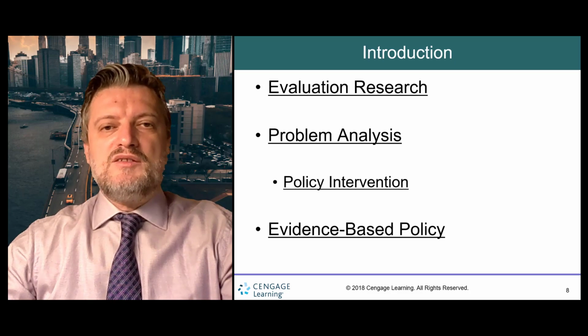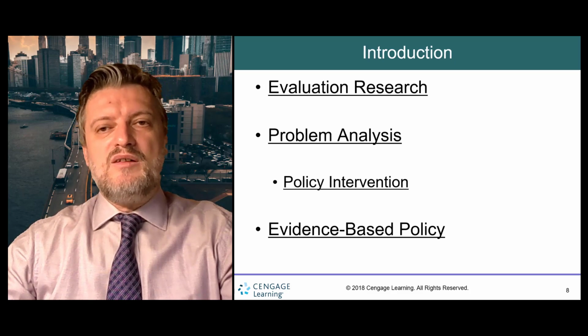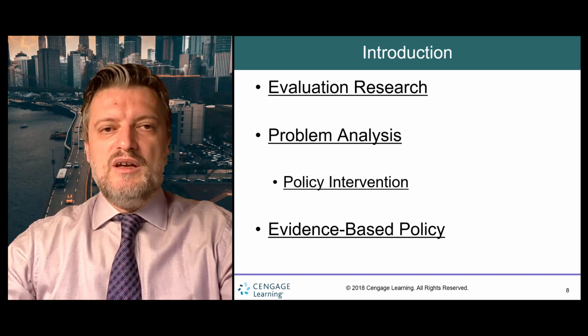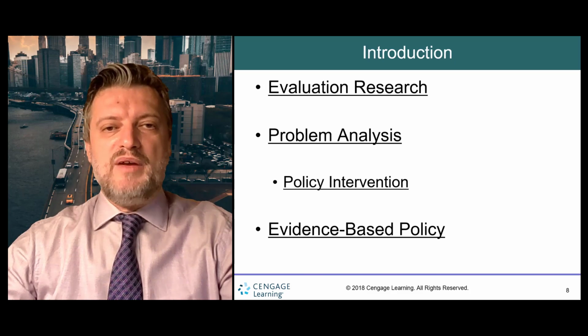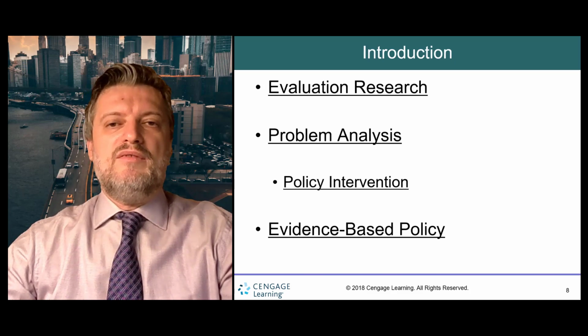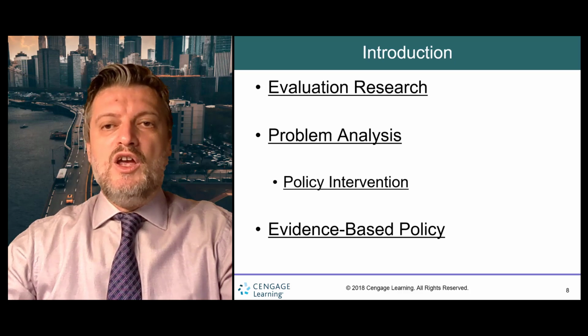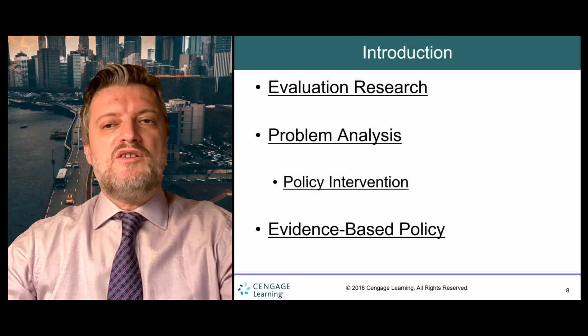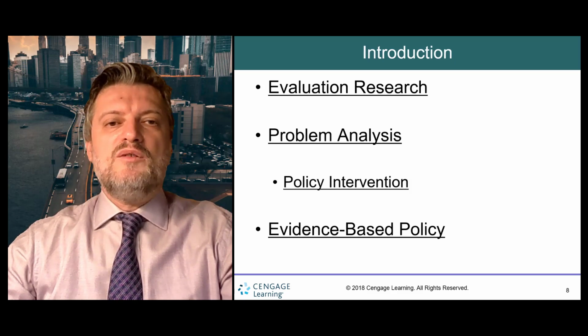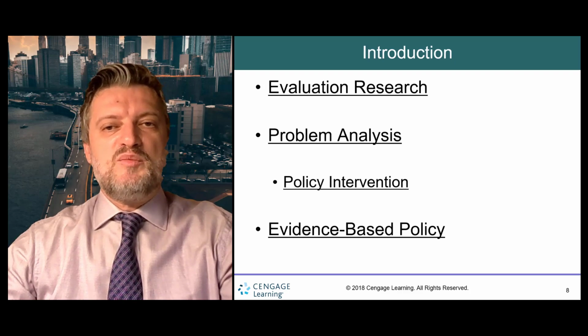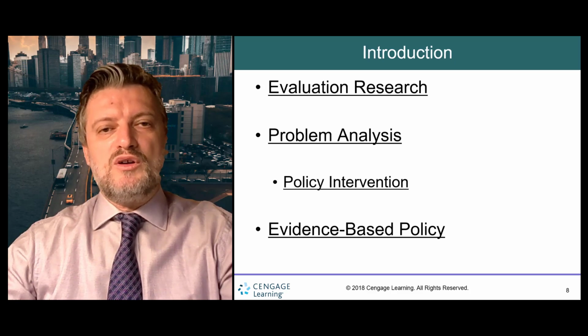Problem analysis focuses more on deciding what intervention should be pursued. Evidence-based policy is the use of data and other sources of information to formulate and evaluate justice policy. This usually means planning justice actions based on evidence of need, such as deploying police patrols to crime hotspots. It also includes assessing the result of justice policy, such as measuring any change in recidivism among a group of offenders processed through drug court.